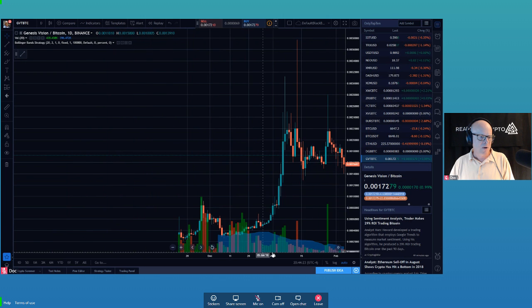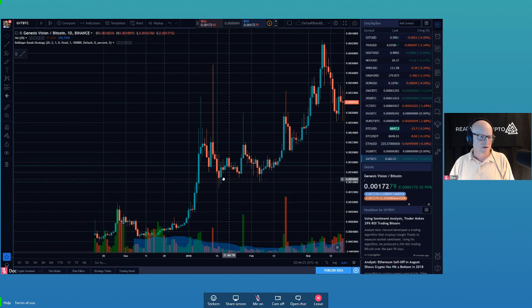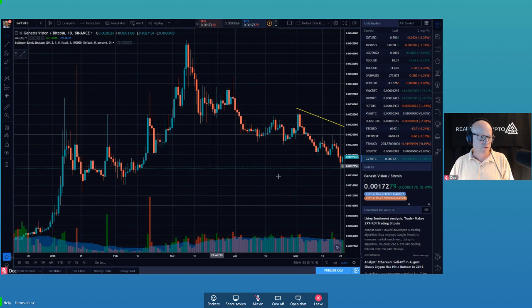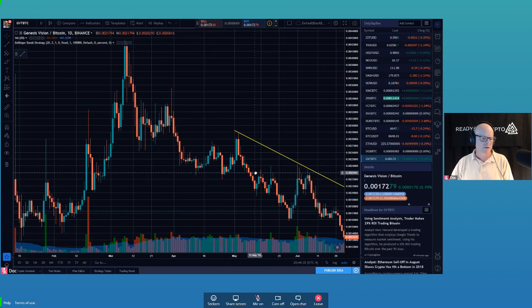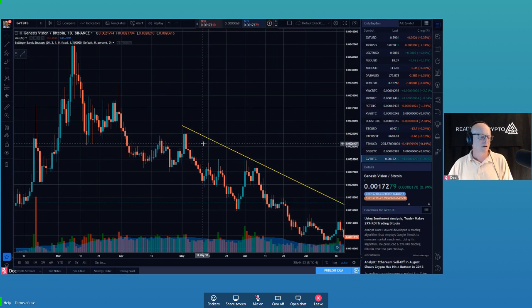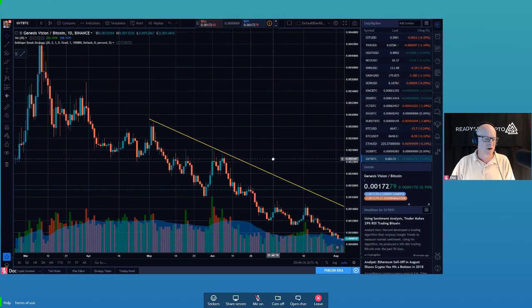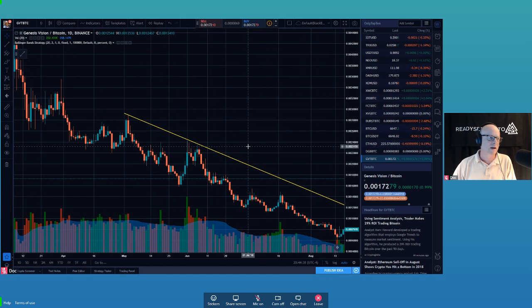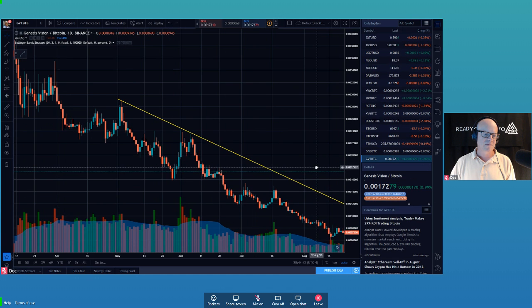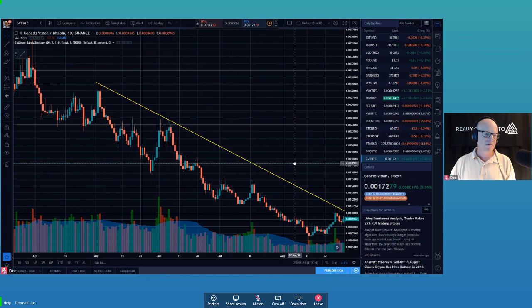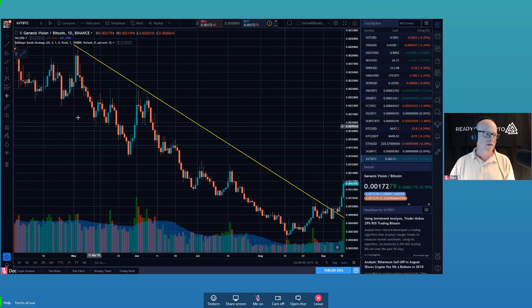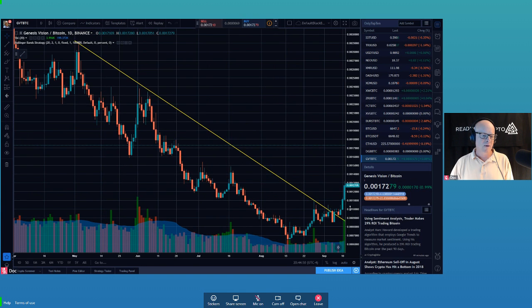Okay. So what we have here is, there's our downtrend, downtrend, downtrend. And what I want to look for is a downtrend moving to an uptrend. And we're starting to see a lot of these in some of these little stealth coins that nobody has heard of before. So here's the downtrend, and we've got a nice trend line. And notice what's happening now.